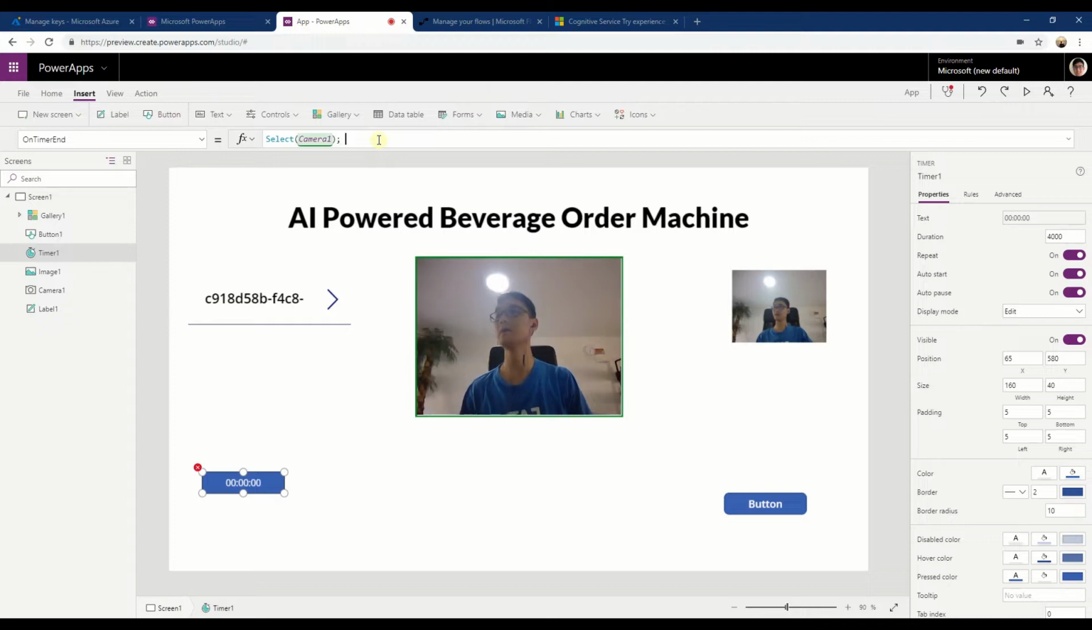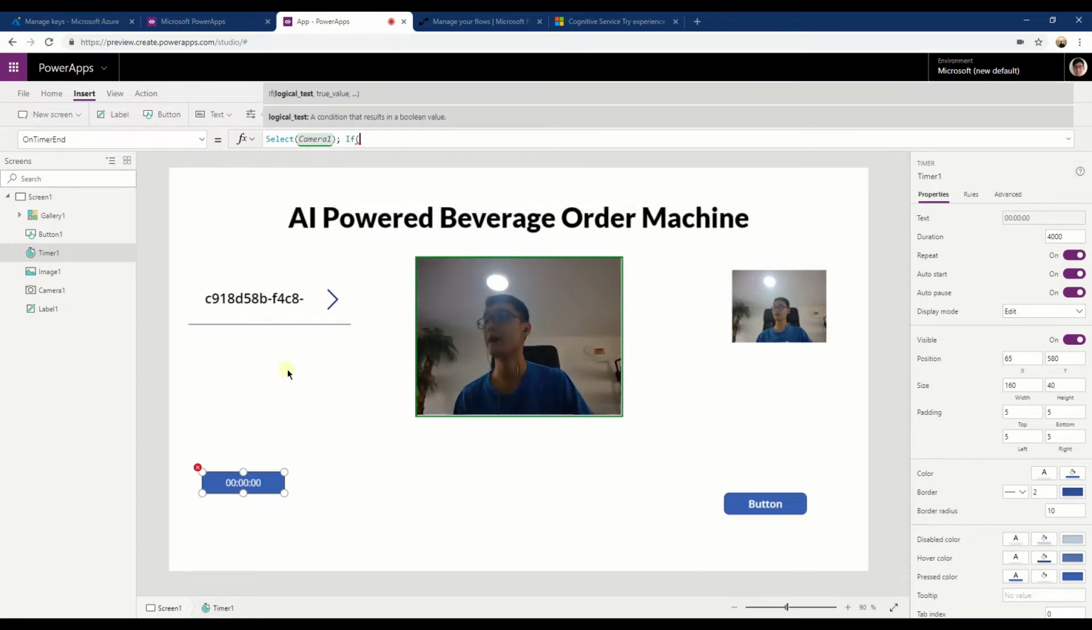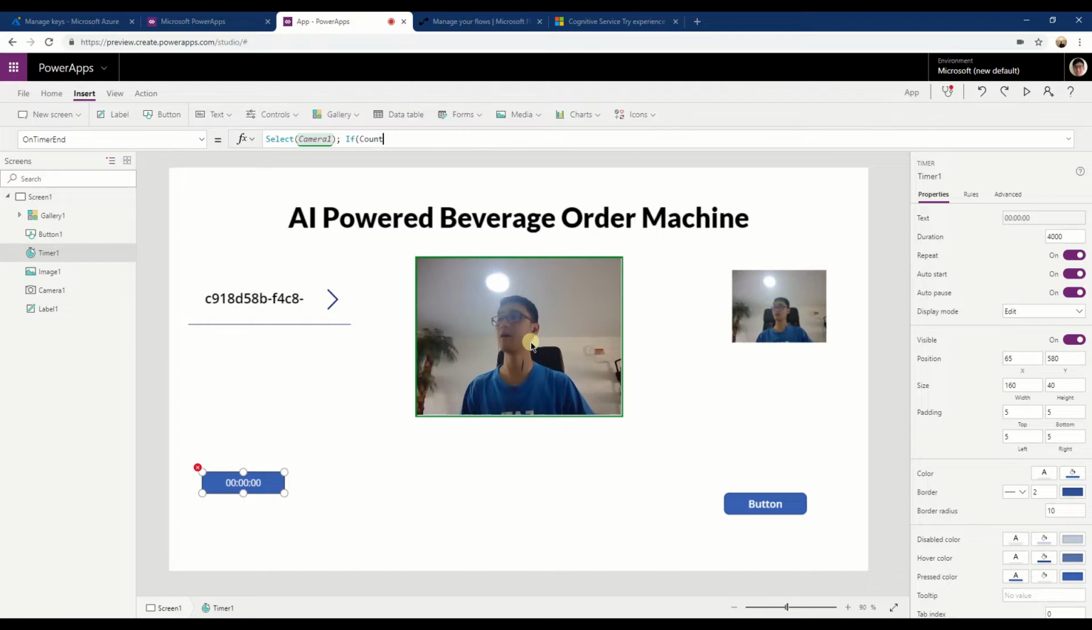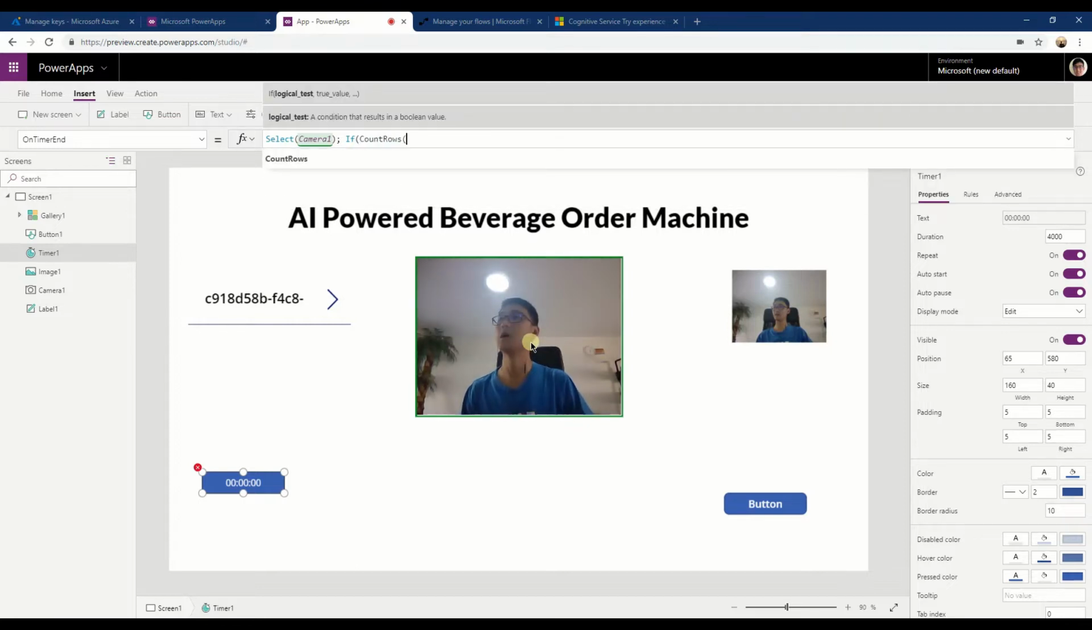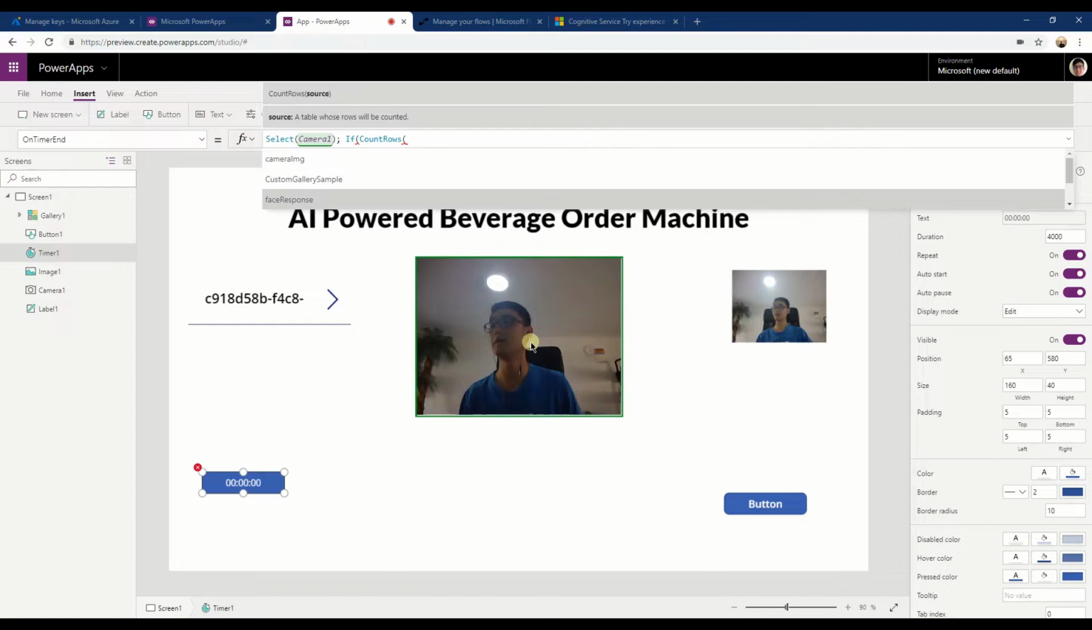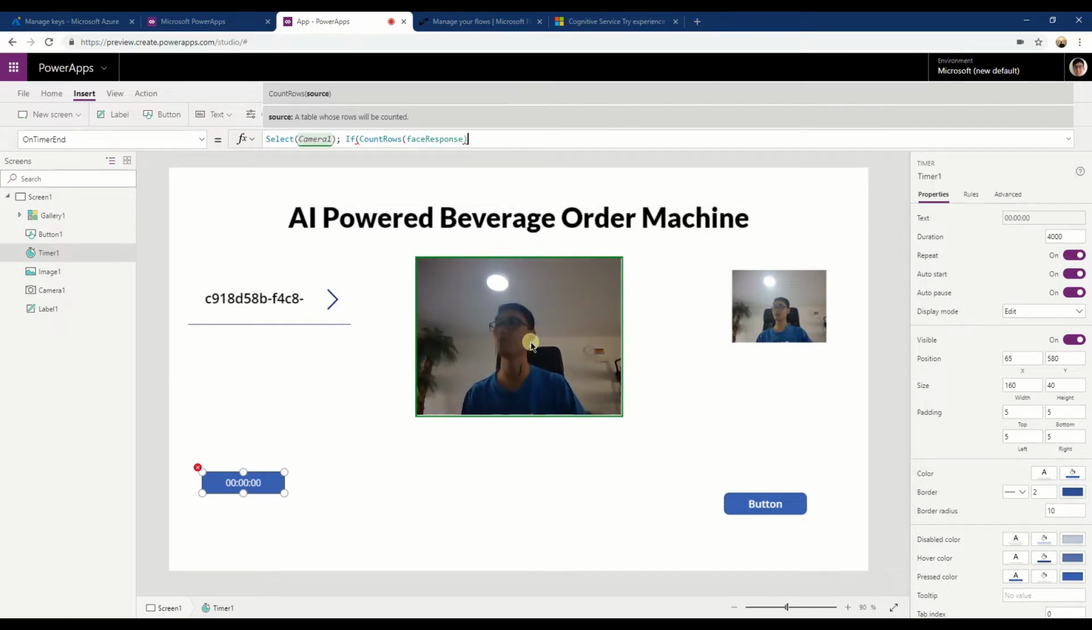Once you select the camera, I want to check whether there's a face within the images within this camera itself. So what I can do now is a count number of items in this collection. If there's more than 0 items, or when there's an item within this collection itself, it means there's someone standing in front of the camera. So over here, I can do a simple count rows. I'm going to count the collections that we have. If this is more than 0,